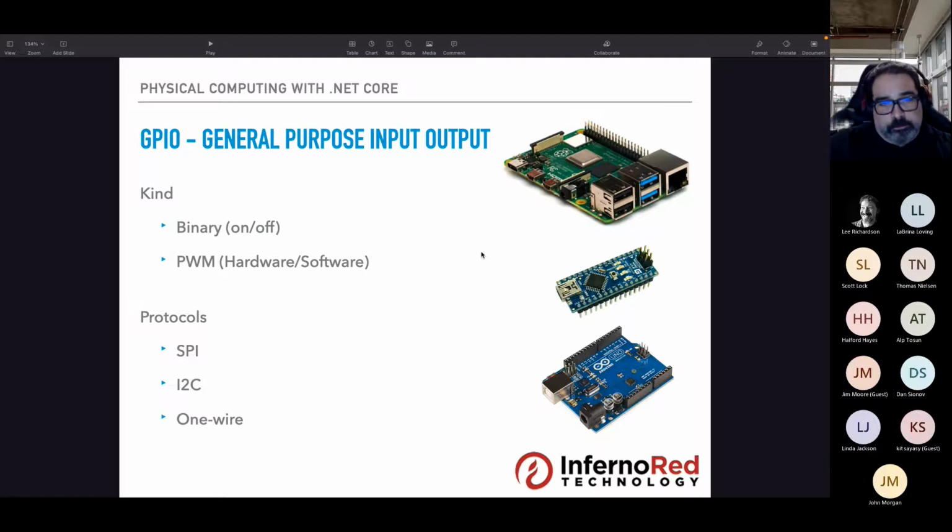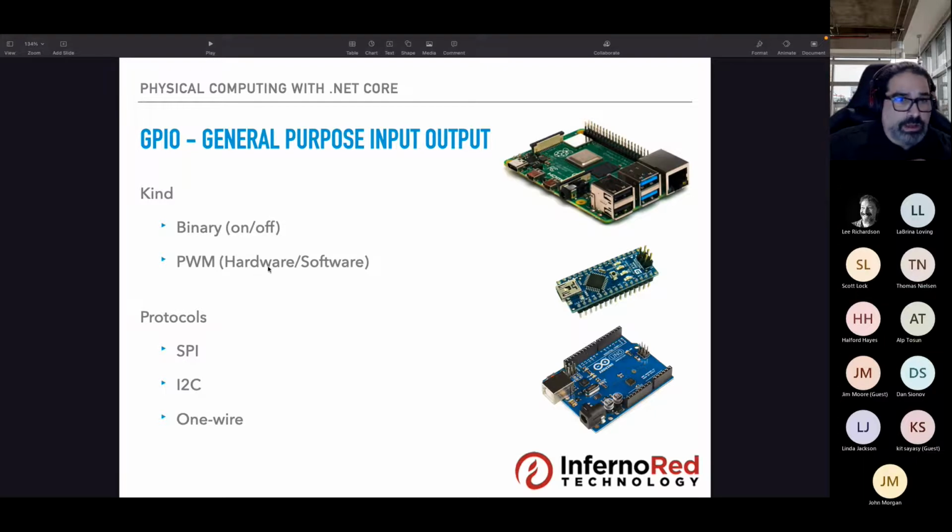So, a bit more into what can be done with a GPIO, because that's what all the demos are going to be about. With the GPIOs, we can turn things on and off. On the Raspberry Pi GPIO board, which is the one I'm most familiar with, you can turn on and off binary switches that go from 0 to 3.3 volts. You can also do power modulation. On the Raspberry Pi, there is no hardware modulation.